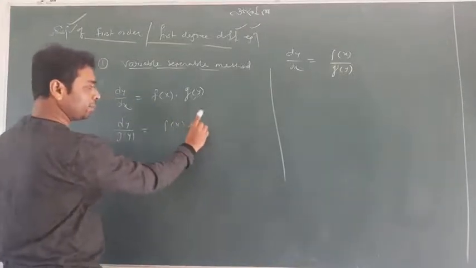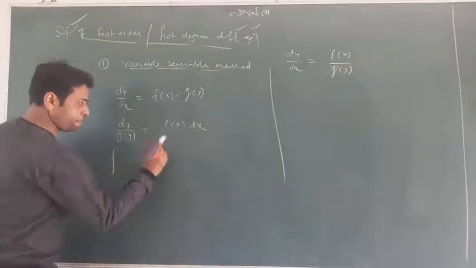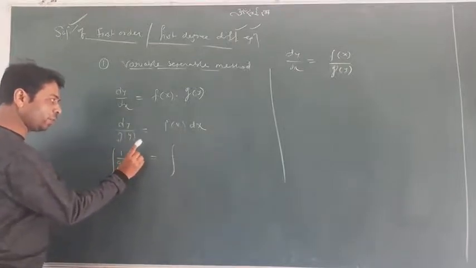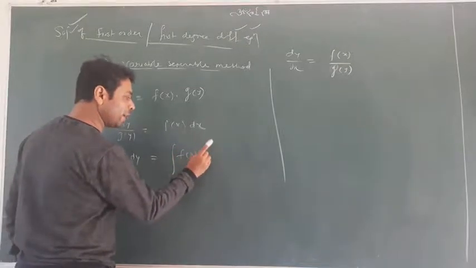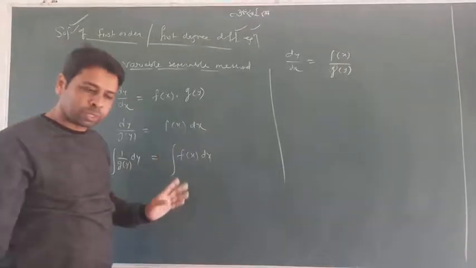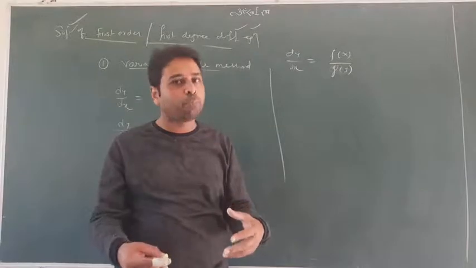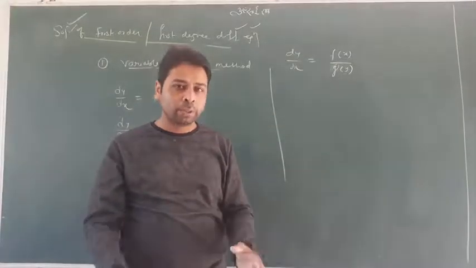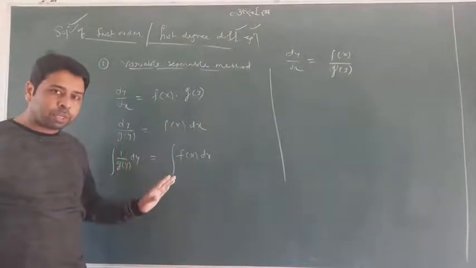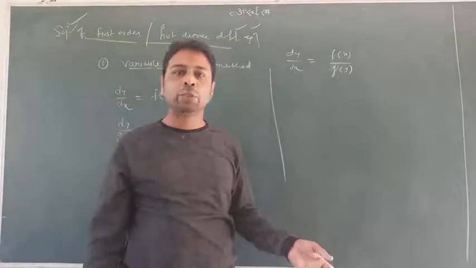Meaning like that. And now take the integration on both sides. Here it is 1 upon g of y into dy, and it is f of x into dx. I don't want to tell you much more about that because you know that you have to integrate only. Now don't get confused. This chapter is actually a combination of differentiation and integration, and both will come. You should be strong in both streams. So this time, it's a simple variable separable: you will transfer the term of x near the dx and the term of y near the dy, like that here.